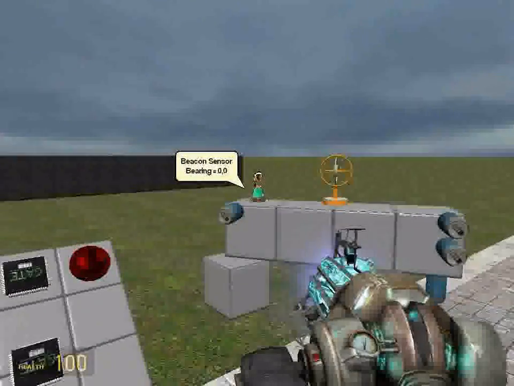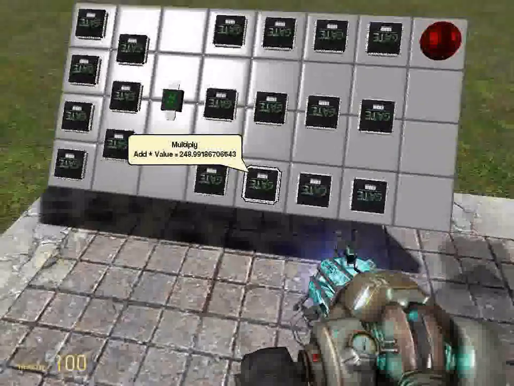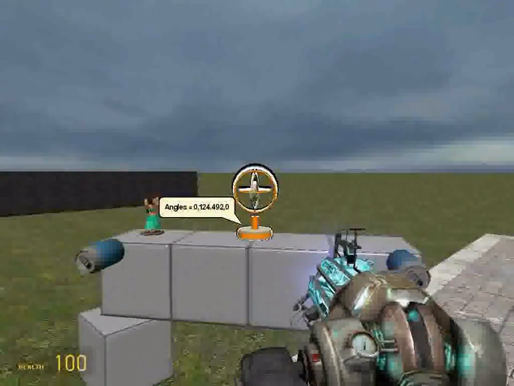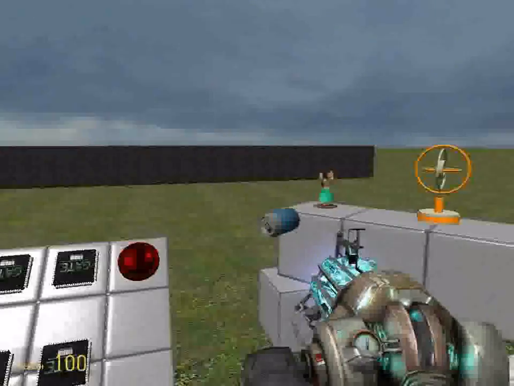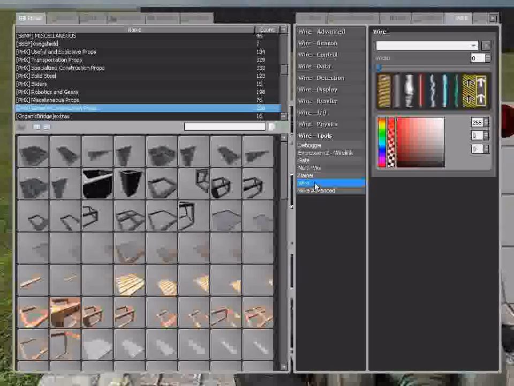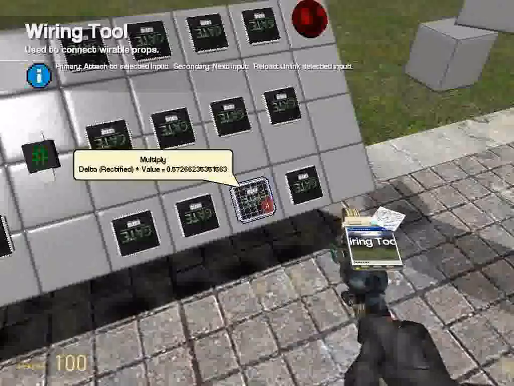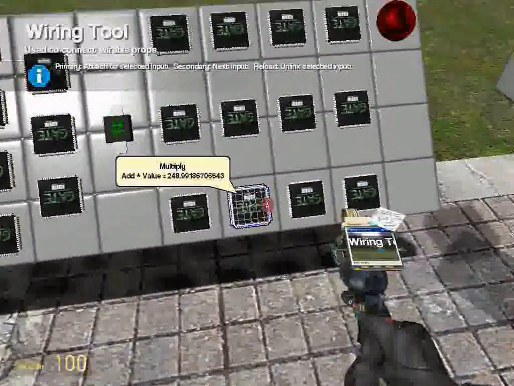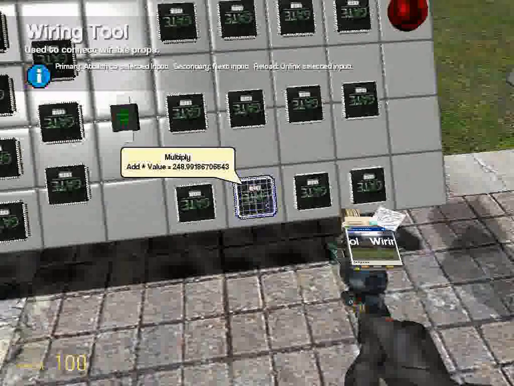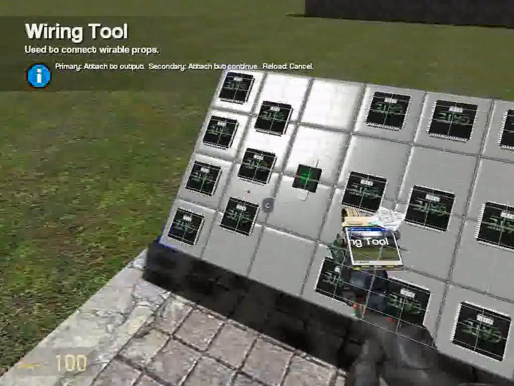And I think the problem is probably because we do not want the actual yaw output to be changed into this right here. So what we'll do is make it to where it'll calculate the delta of the yaw, but not the actual output of the yaw itself. So we're going to make it where this chip here for yaw and bearing, we're going to make it so that it only functions